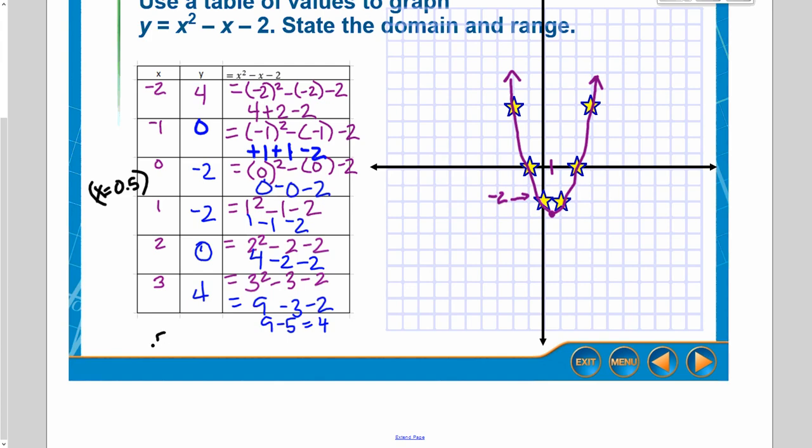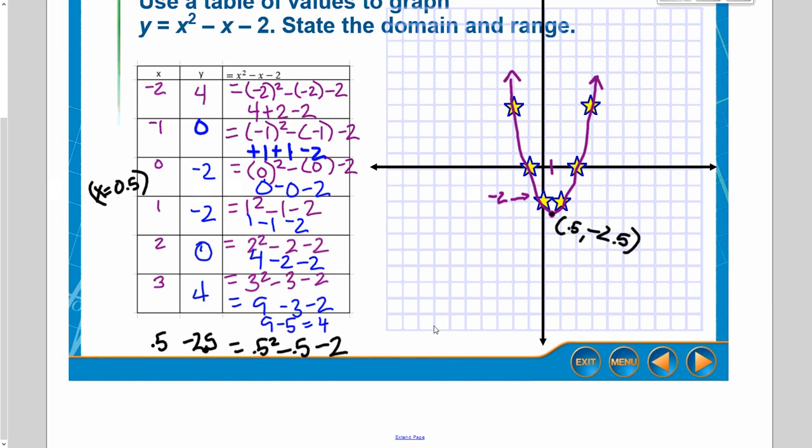So I've got 0.5, and I'm going to go ahead and do the work. I've got 0.5 squared minus 0.5 minus 2. And when you do the work, you end up with an answer of negative 2.5. Okay, so that point right there is actually 0.5, negative, oh, I forgot the decimal, negative